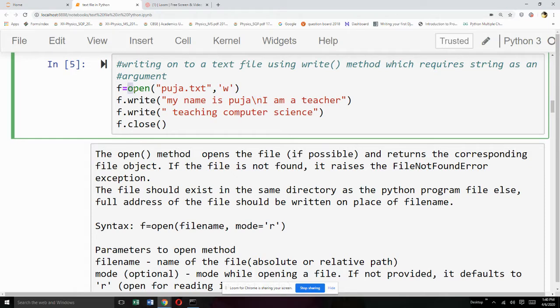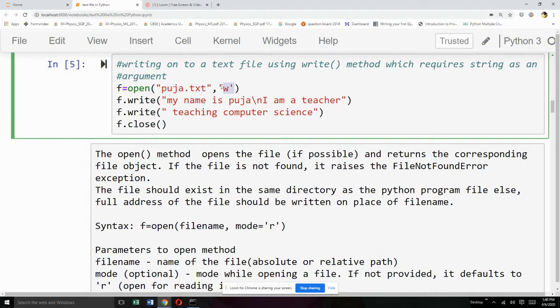The function that you're going to use to open the file is the open function. It requires the first argument, which is mandatory, is the file name. By default, this file will be created in the same place where your PYs are saved. And if you do not want that, then you can go for absolute path or relative path, which I'll be discussing in my video later on.